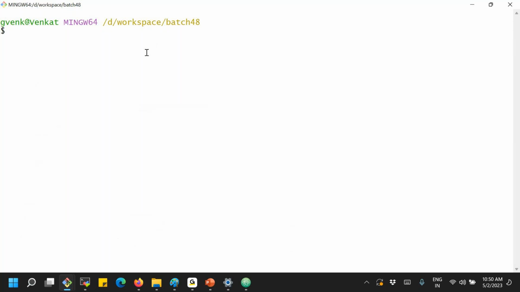You can also use cd with the path, like which drive do you want to access, D drive or E drive? Yes, you can give that drive option. And then the next directory, workspace, or next, batch 48. Like this you can also access it. But if you are uncomfortable accessing the file system this way, go to the folder, right click, and open Git Bash from there. Then it opens directly in that directory. Either one you can use, both are fine. Okay, now I'm in the current directory.